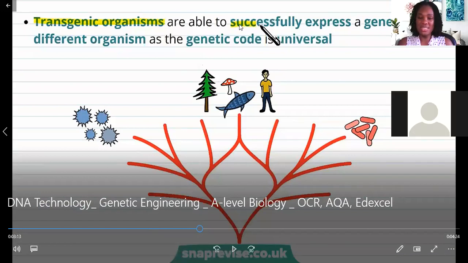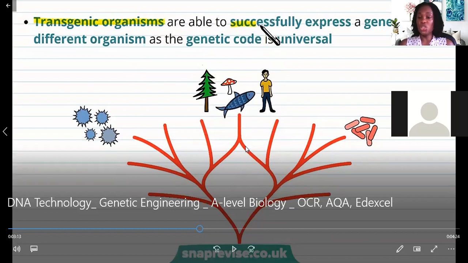Now, the reason why this whole thing of genetic engineering can even work: the only reason why genetic engineering is even possible or plausible is because the genetic code is universal. When we were learning about DNA, structure, and the genetic code, one of the features of the genetic code was that it is universal. It is one language spoken by all the different species on the entire planet. So the same sequences that are used in bacteria can be read by the trees, by the fishes, by the humans.